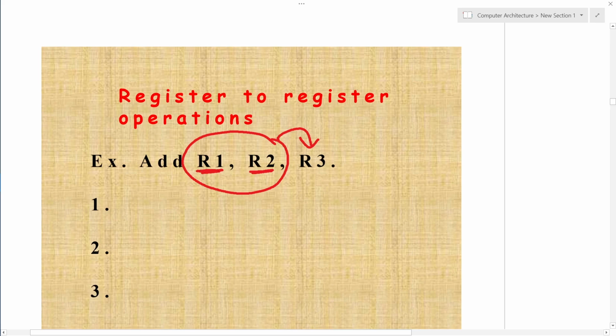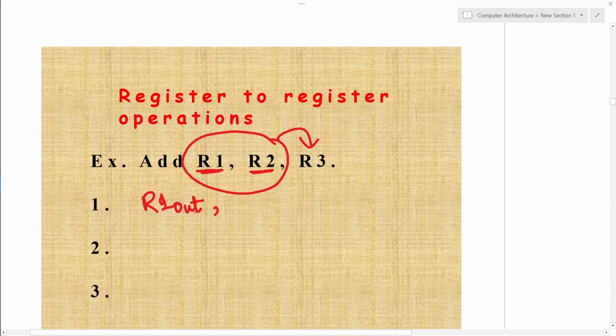So I have to first read R1. R1 already has the information, so I will not write to R1; I will read from R1. For that I have to write R1 out, meaning the output port of R1 will be activated.